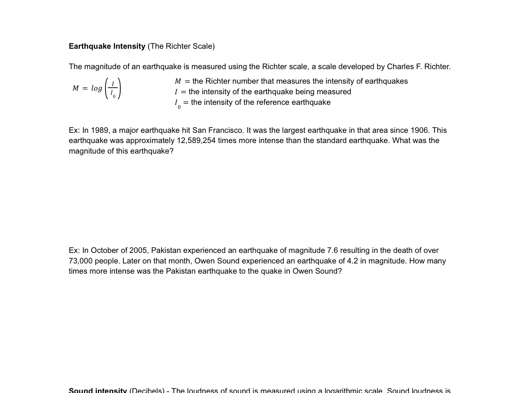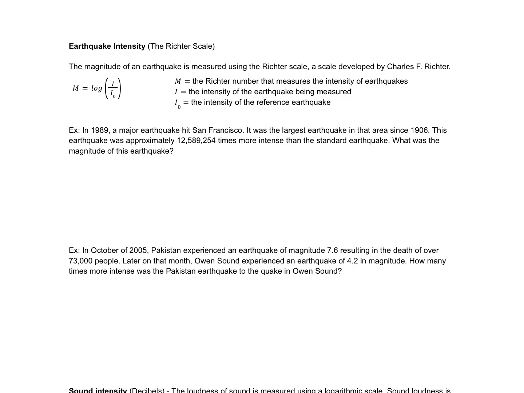In this video, we will be looking at some logarithmic function applications. And we're going to start with an earthquake intensity example. Now, the Richter scale is something that is used to measure the magnitude of an earthquake, and it was a scale that was developed by Charles F. Richter. The formula that is used to calculate the magnitude is the log of, now the base is 10, and